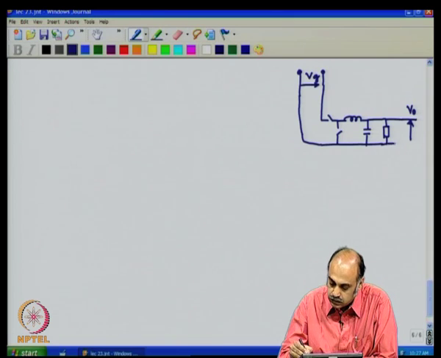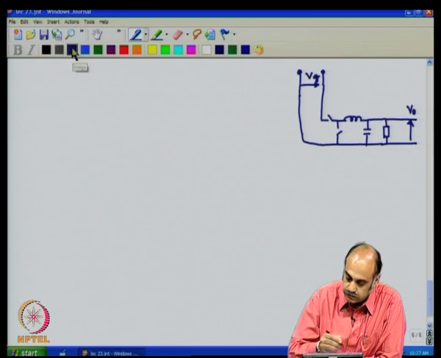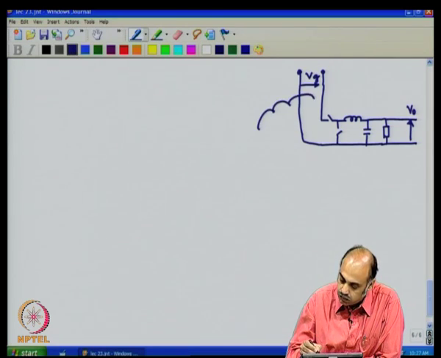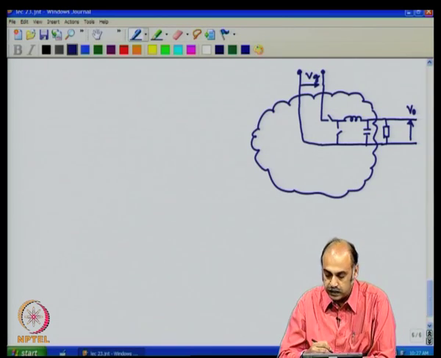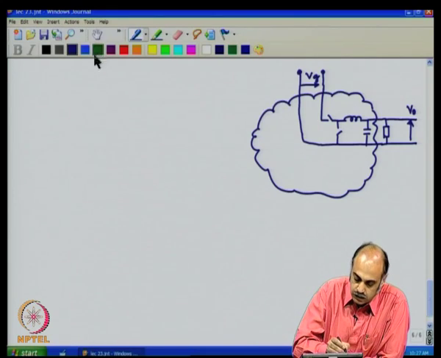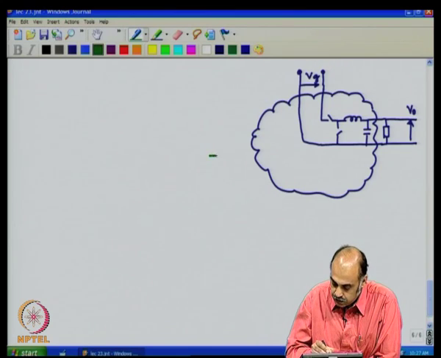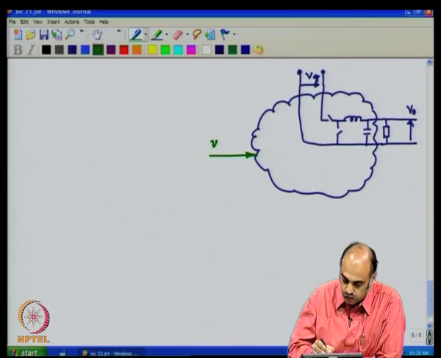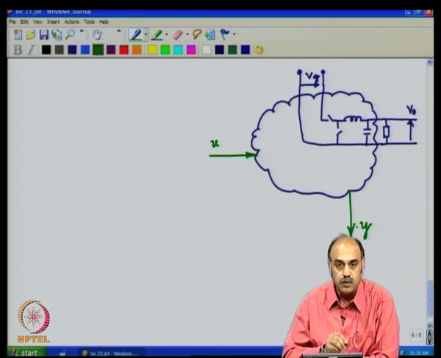Which comes out like this. Now, this is our plant. Now, to this I am going to put this symbolic enclosure, which indicates that this whole thing is the plant. Now, to this plant, we have a control input U, and we have an output to be controlled, which is Y,